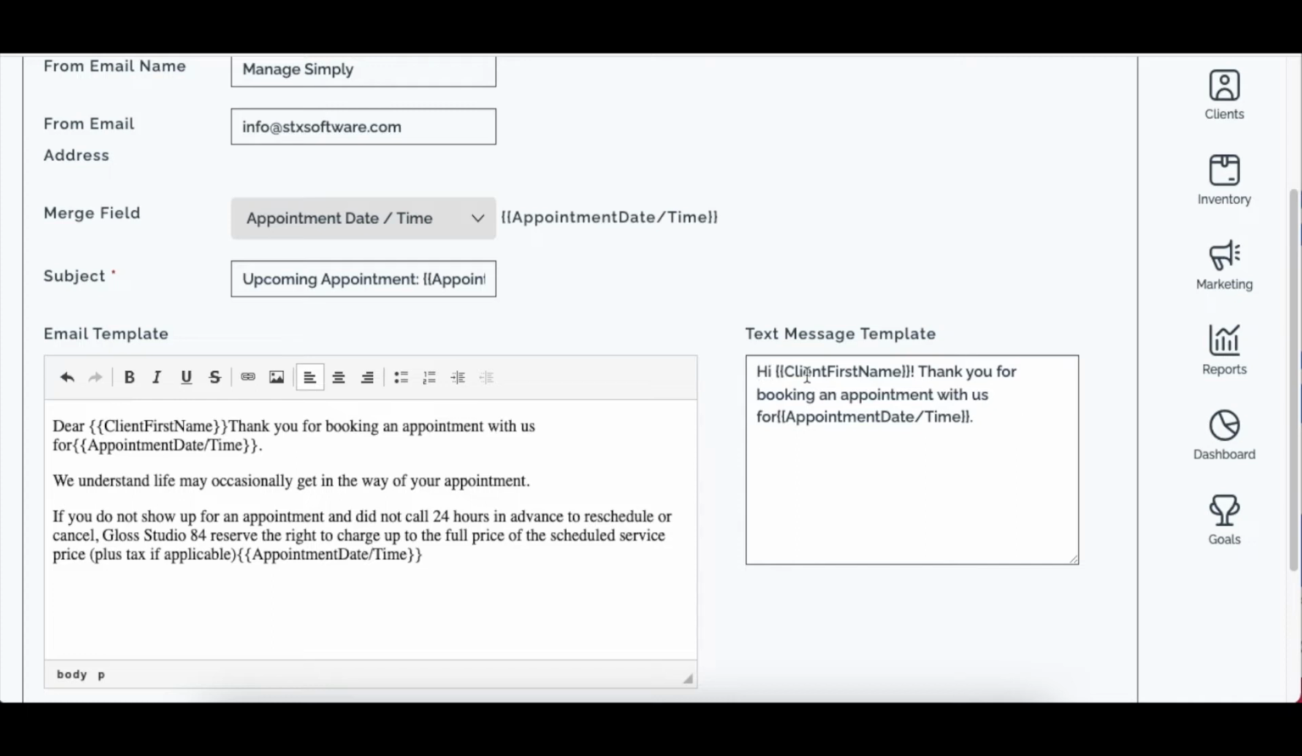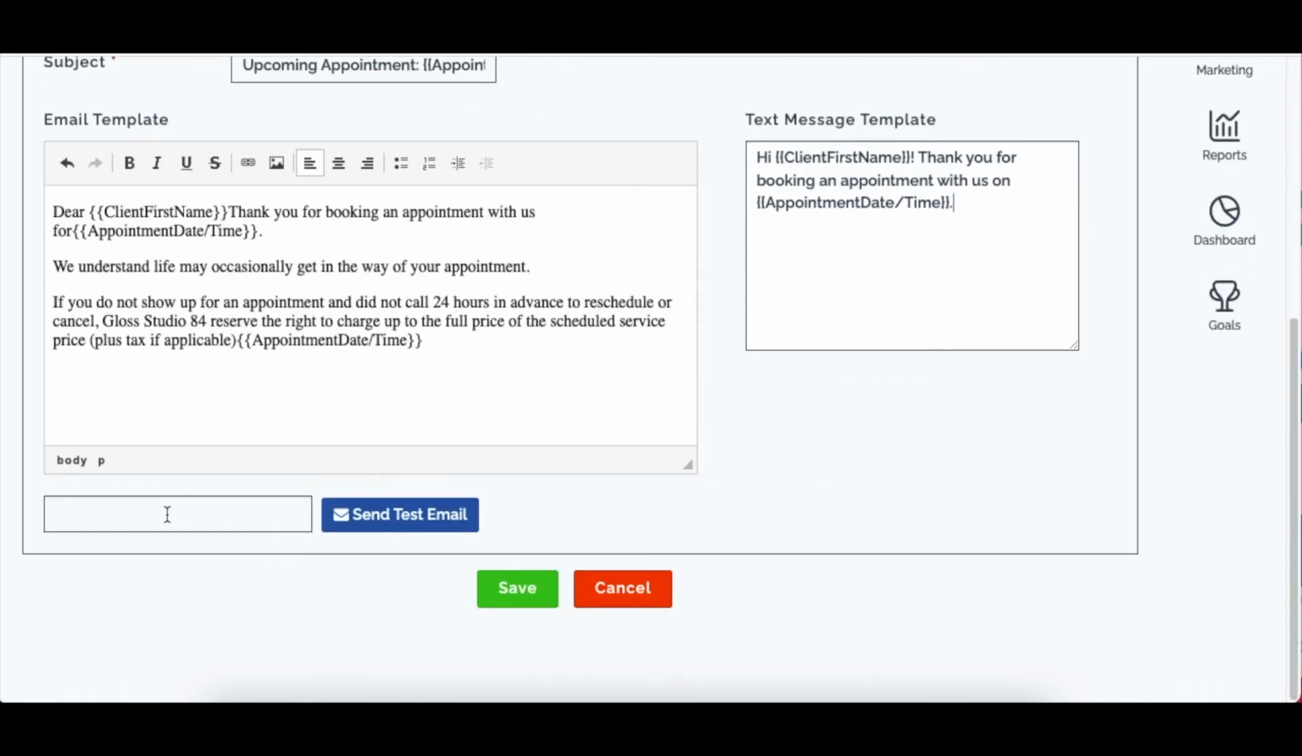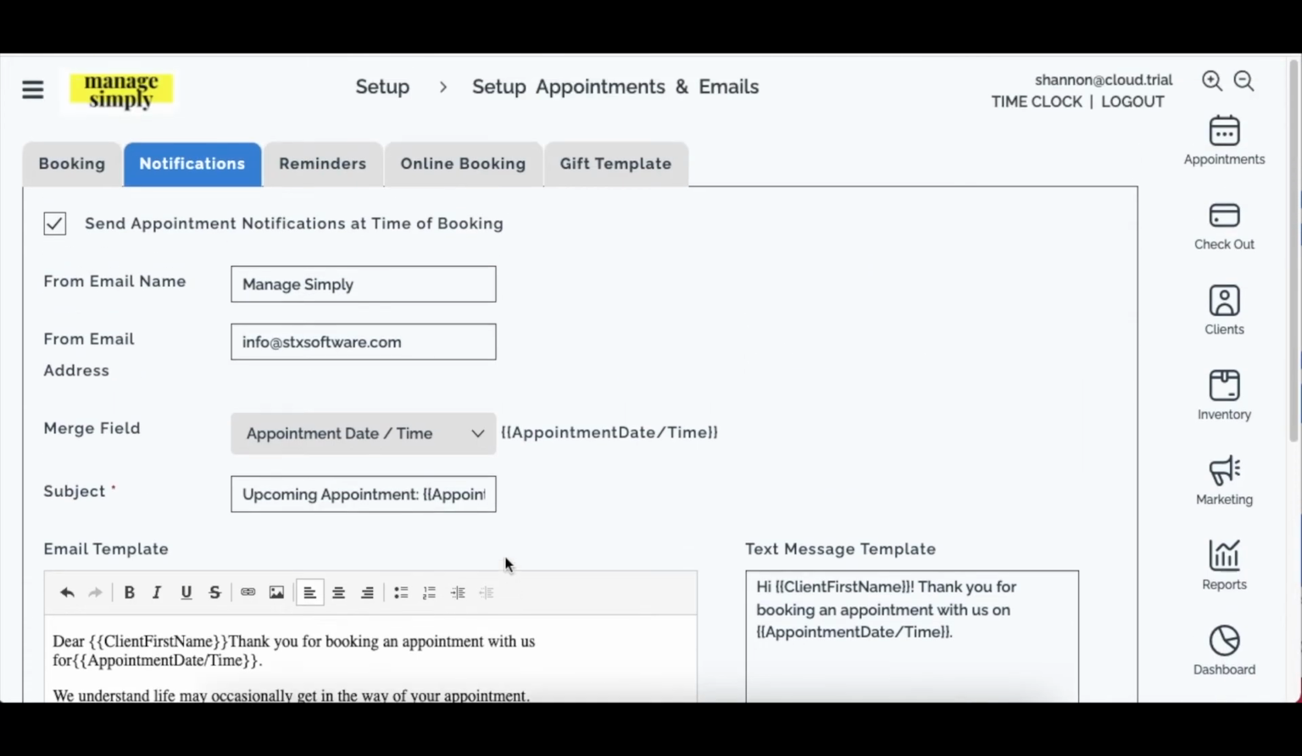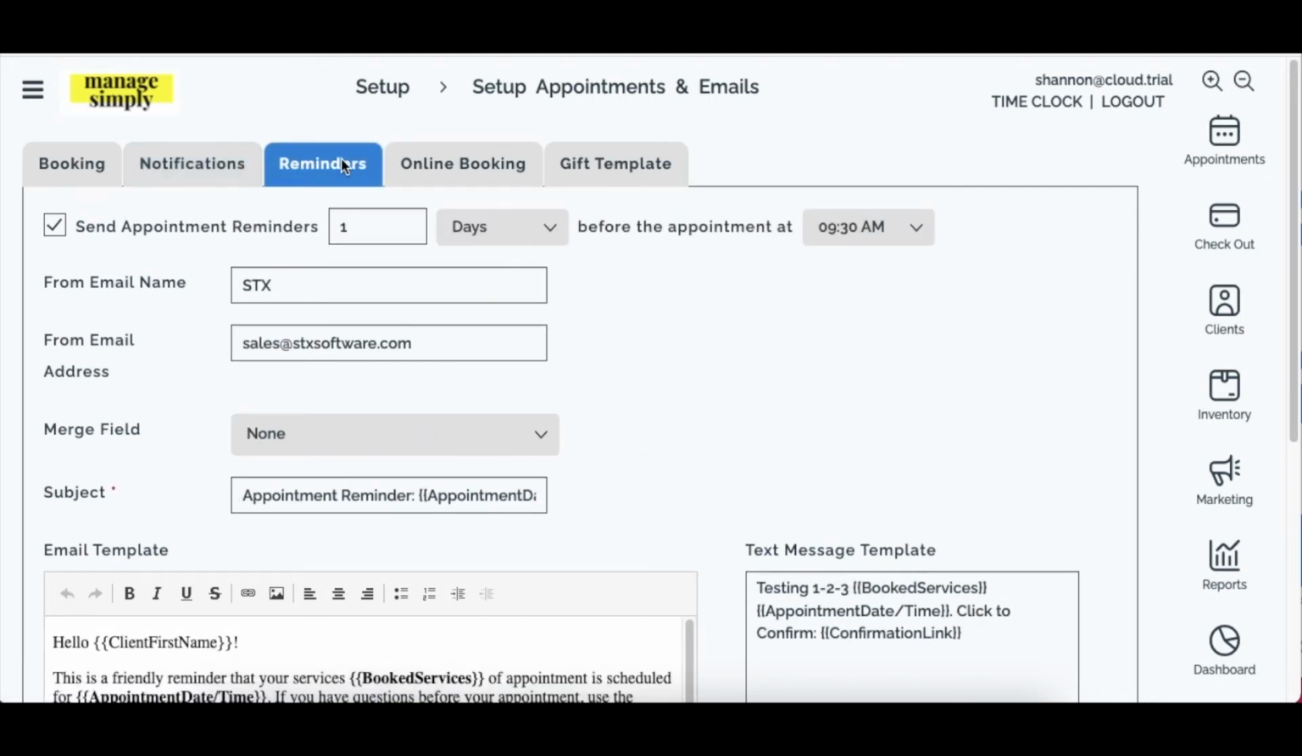For example, this one says, "Hi, client first name. Thank you for booking an appointment with us." And then we could update this to say on, and then it will list the appointment date and time. And then if you'd like to send yourself a test email, you simply plug in your email address and click send. And then once you're done making your changes or updating it, you'll simply click save. And like I said, these will go out once the appointment is created. And then the reminders,